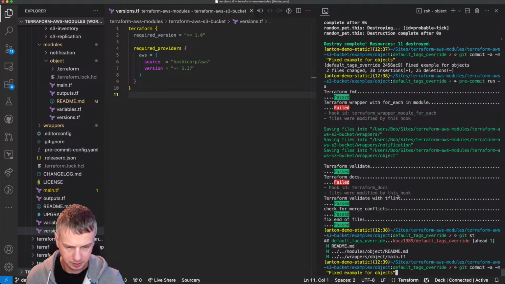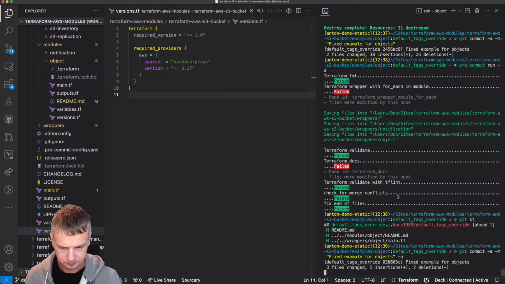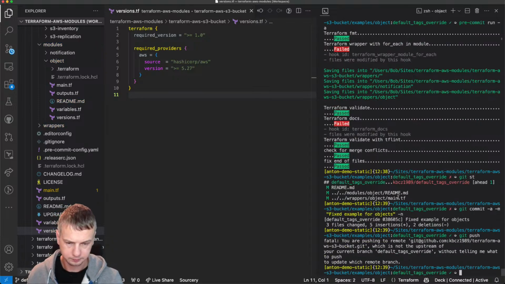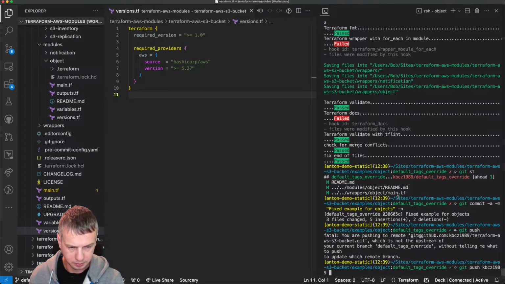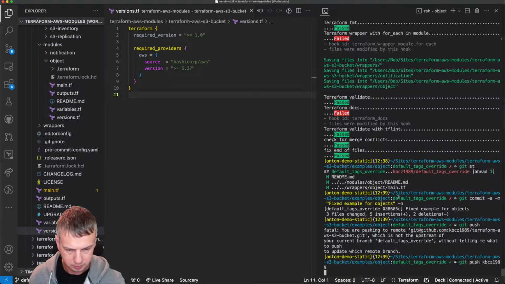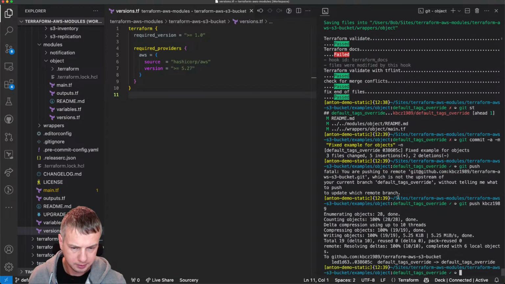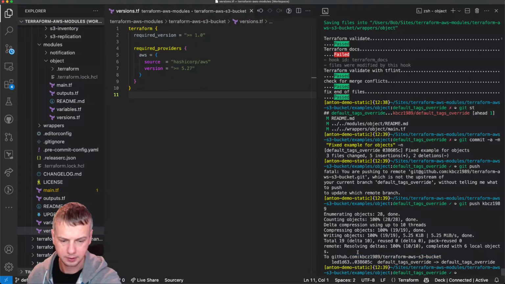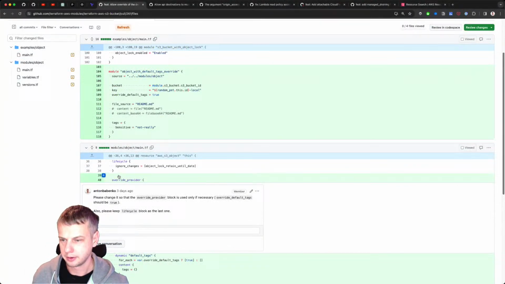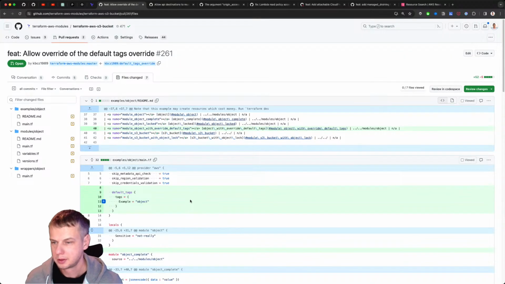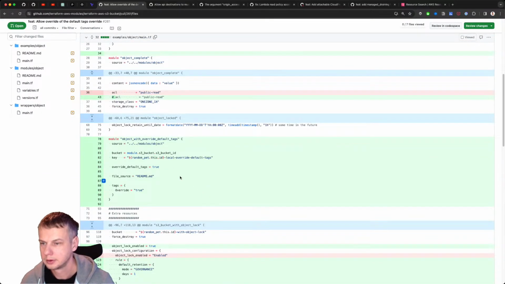So git commit. Git push. Yeah, good. Okay, so this was pushed to the branch. Let me just see that it works. And it seems that it's working.